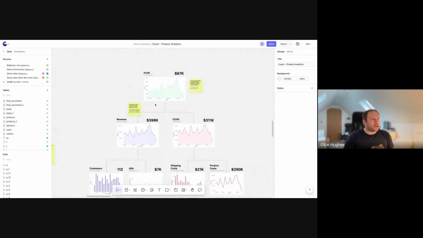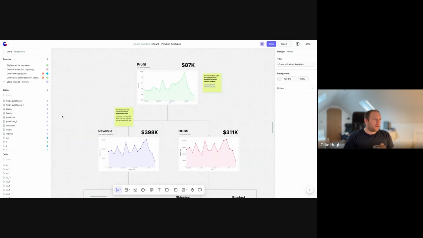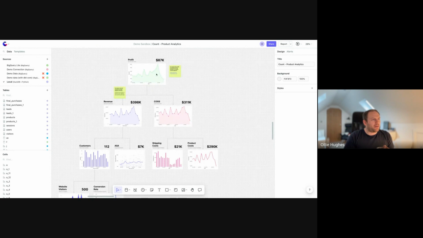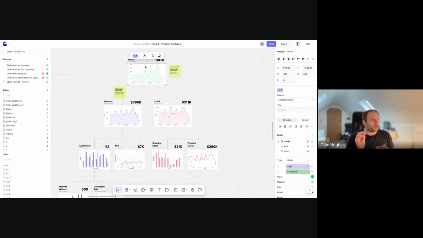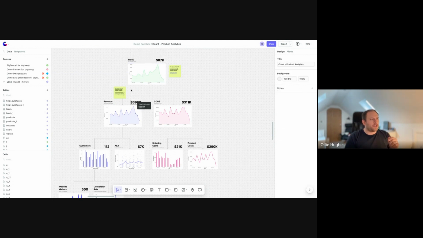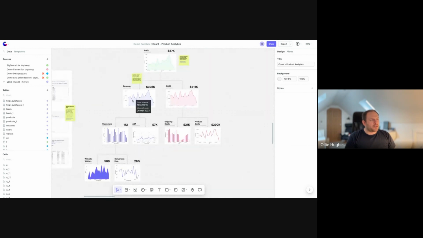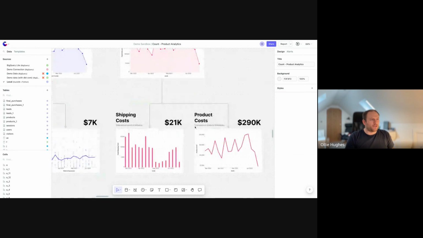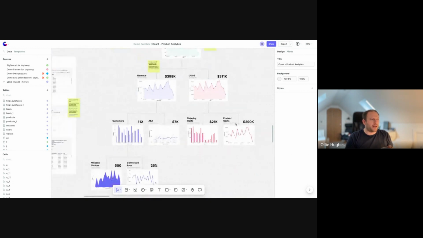Another example, again a hugely common one for us, not just in product but generally across different parts of an organization and a business, particularly a software business, is a metric tree. As most product teams do, you have a North Star metric, and then you work with the business to define and display the levers that drive that metric as a hierarchical plot, to help drill down to see the trends that are driving overall performance. This kind of presentation, as opposed to a grid of numbers, is intelligible, and here you can define them as a hierarchy, give context, and explain the product and the metrics really clearly.